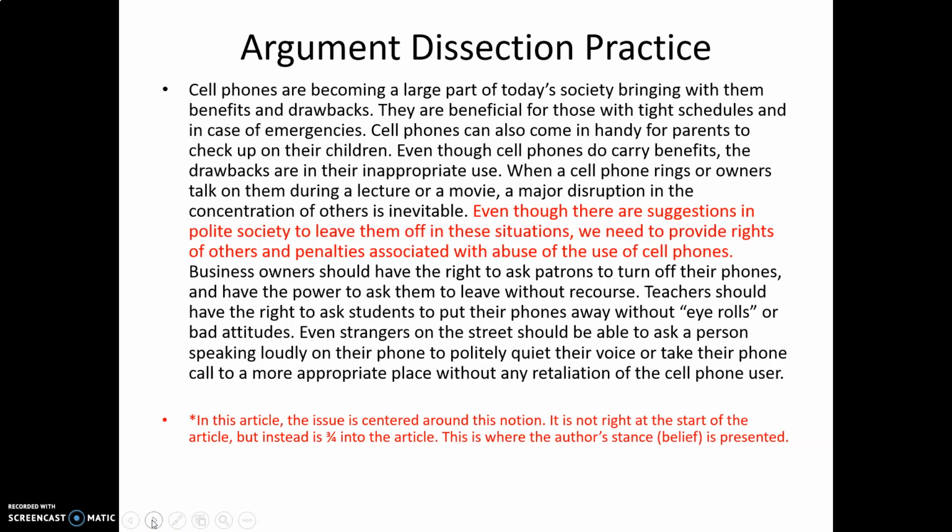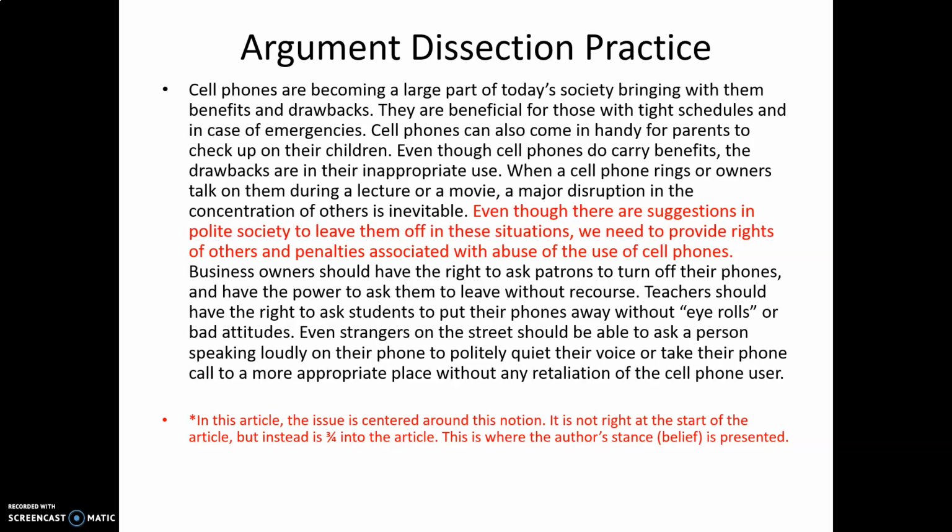In this case, they don't present their actual issue until about three-quarters of the way down. At first, they're giving you a little bit of polite chit chat, saying, oh, cell phones have benefits, they have drawbacks. But then down here is when they really start to push their issue. This is when the author is showing their true colors and letting you know how they really feel